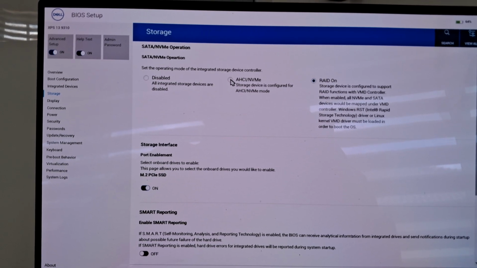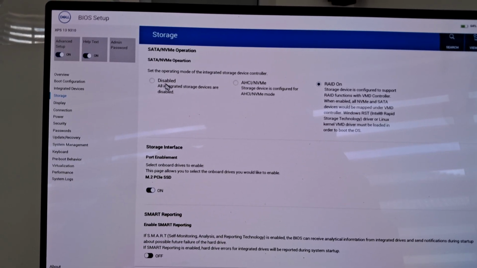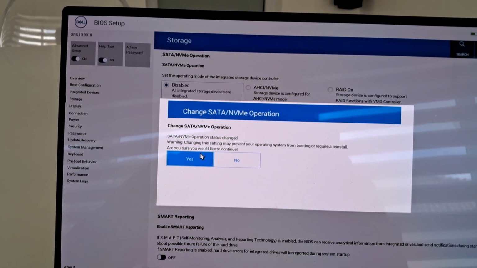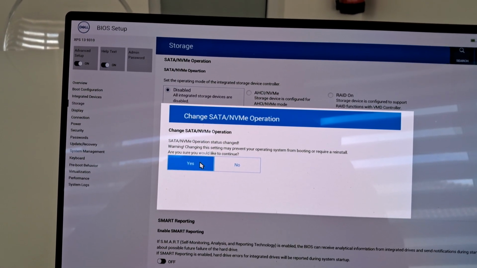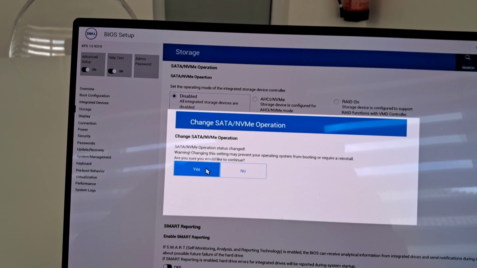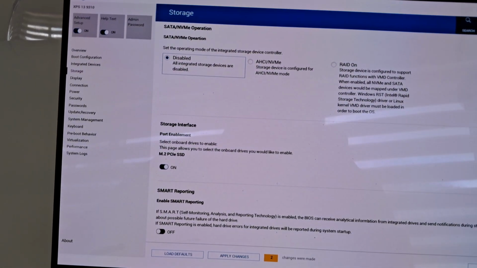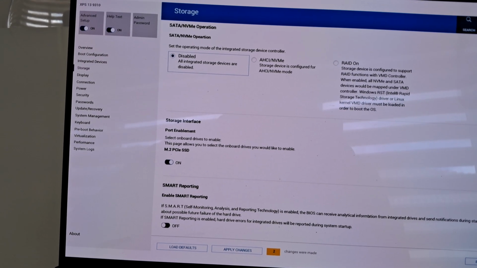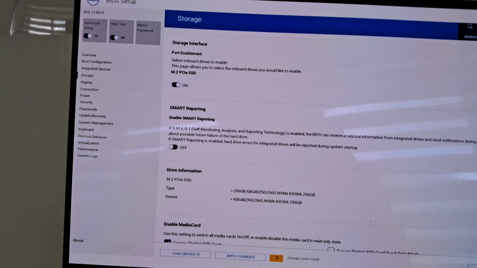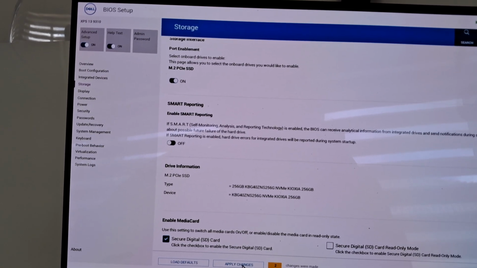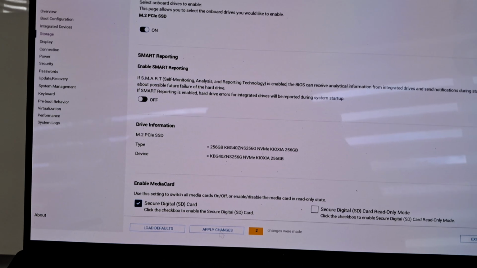So what we'll do is that we'll first of all have to disable all RAID information. So we disable all and then we click on yes. So once we click on yes, we'll come down and then let's check on a few settings as well. Okay, so there's nothing to do again. So what we'll do is I will just apply changes